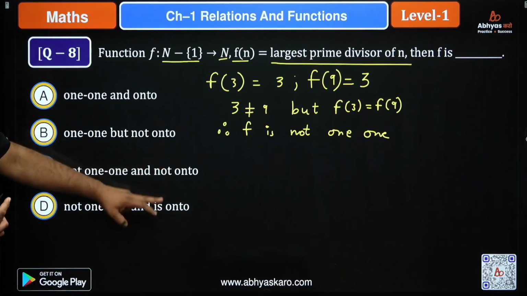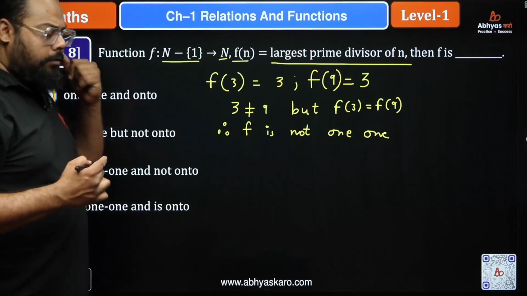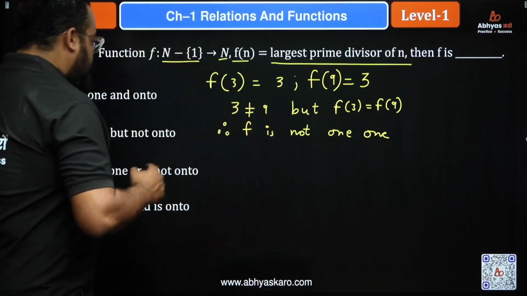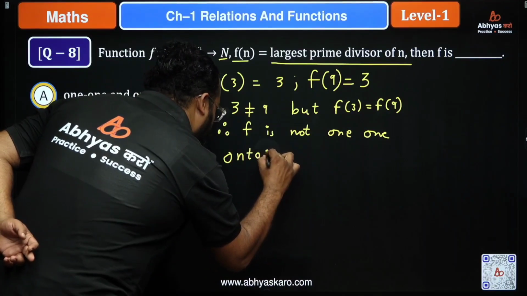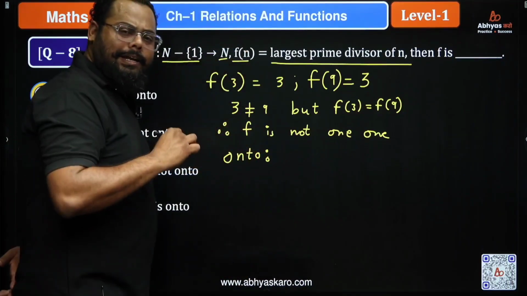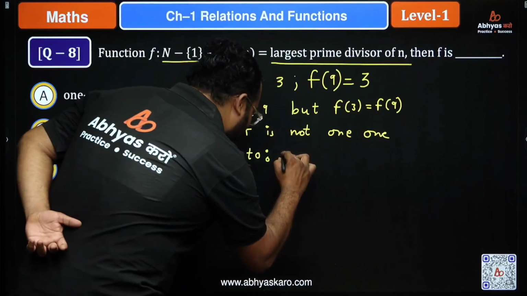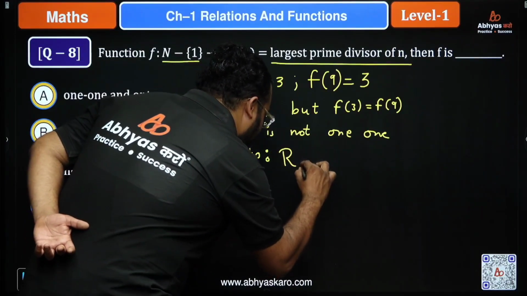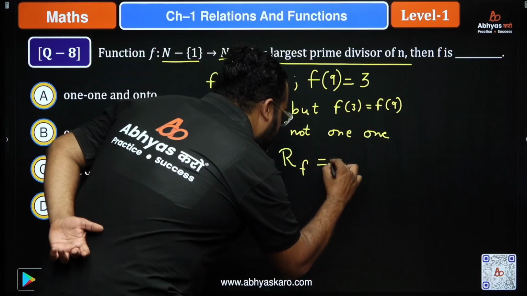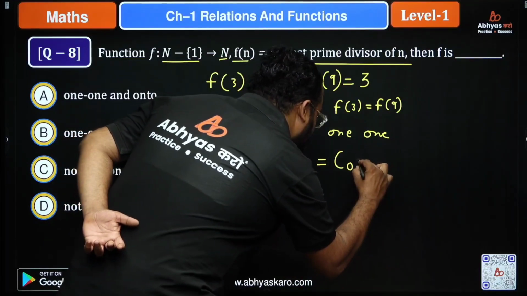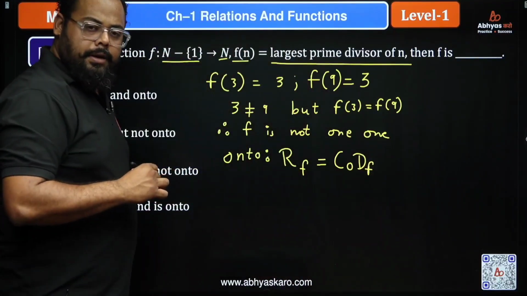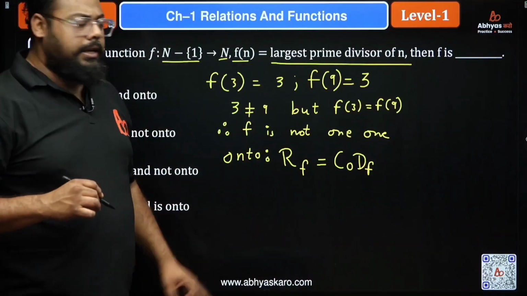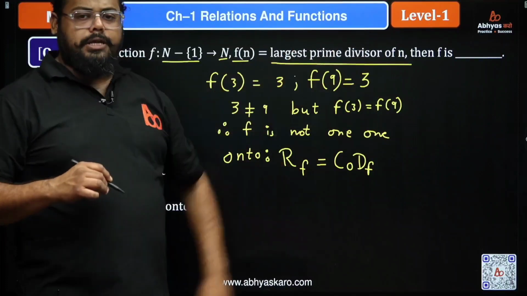नॉट 1 1 में या तो नॉट ऑन टू आएगा या ऑन टू आएगा। तो नाउ कंसिडर व्हाट इज एन ऑन टू फंक्शन। ऑन टू फंक्शन के लिए प्री रिक्विजिट क्राइटेरिया क्या है? ऑन टू फंक्शन के लिए क्राइटेरिया है रेंज ऑफ अ फंक्शन मस्ट बी इक्वल टू द कोडोमेन ऑफ द फंक्शन। करेक्ट? तो यहां पे इस फंक्शन की रेंज निकालते।